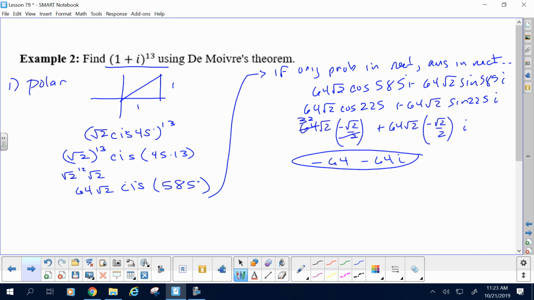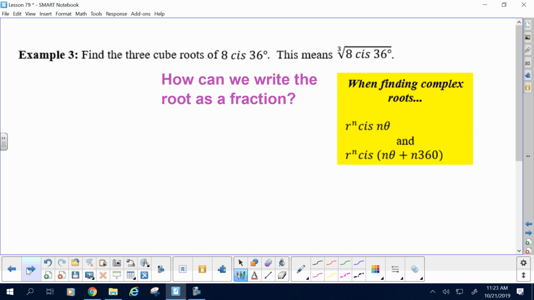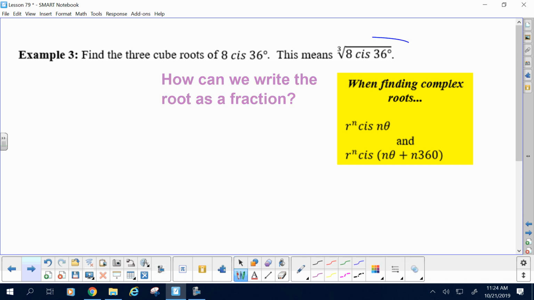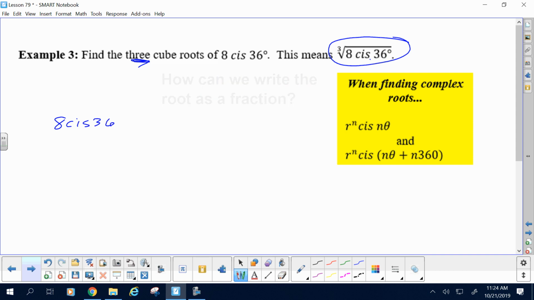Okay, now these are powers. They're the easier ones. Roots are the harder ones, so let's go to roots. All right, now you could say it's not really that different because isn't every root also a power? So if you say find the cube roots, there are 3 of them, of 8 cosine i sine 36, the first thing you should do is make this a fraction exponent. What is the cube root the same as? What power? Cube root is the same as